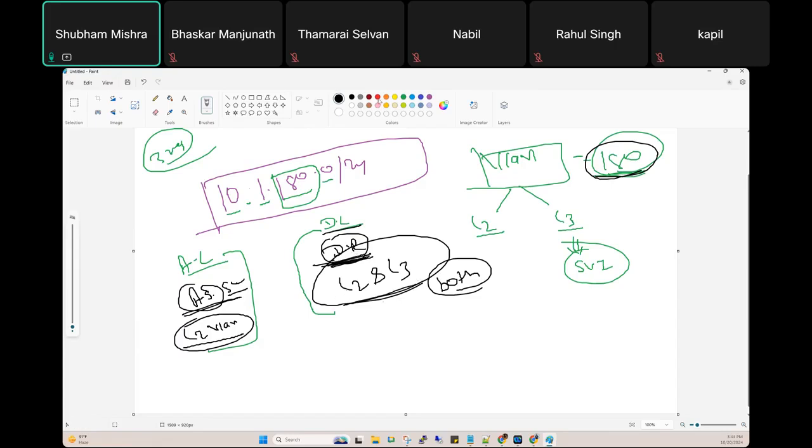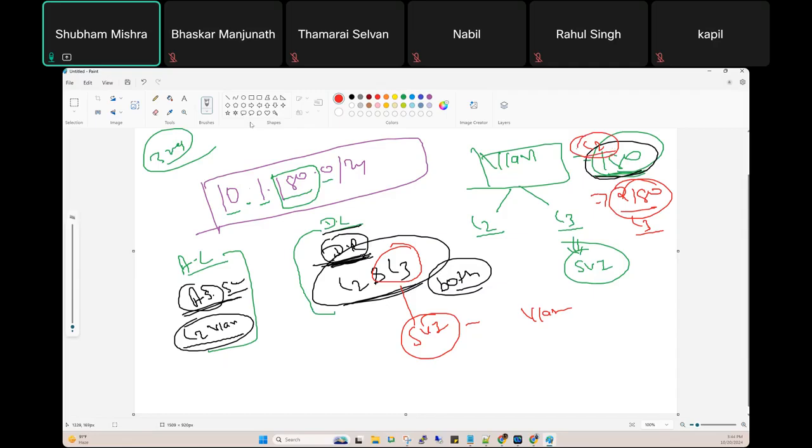Now again you have a question: what is the use of L3 VLAN? Guys, L3 VLAN is known as the SVI. Always remember it like this: 2180 is the L3 VLAN and 180 is the L2 VLAN.